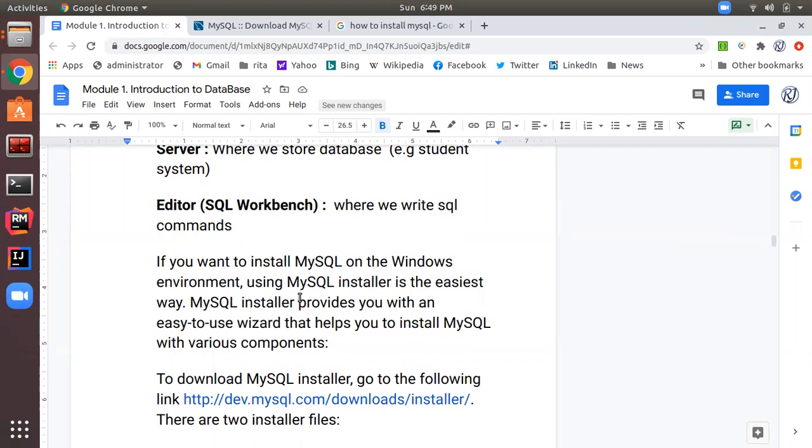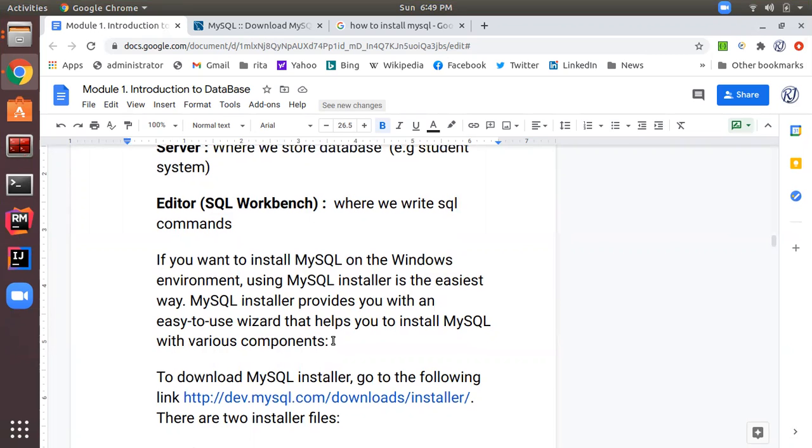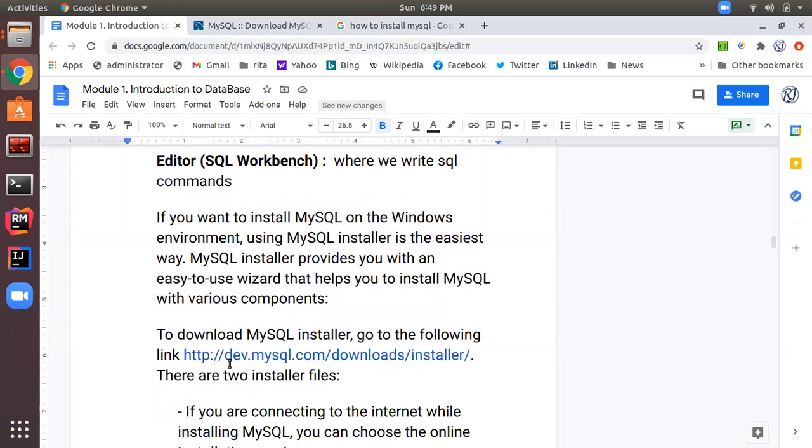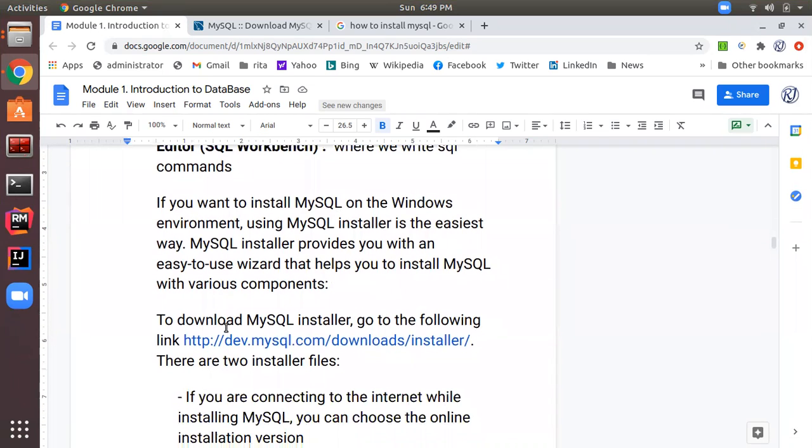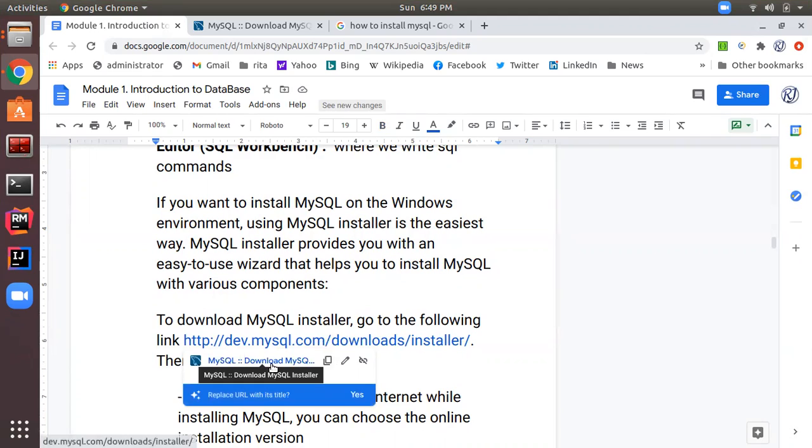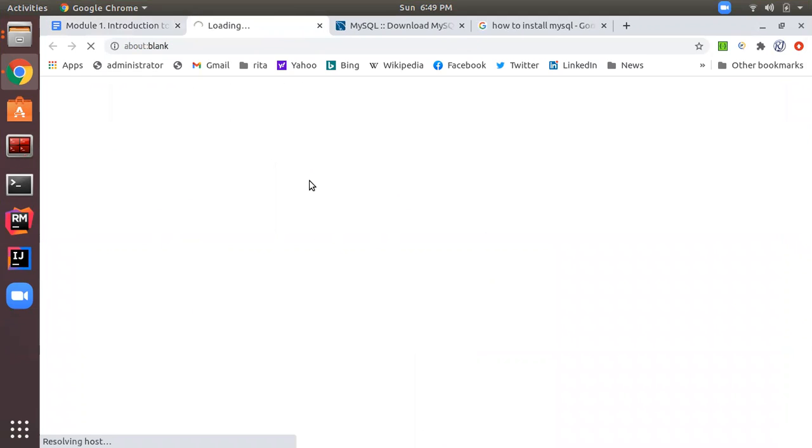The advantage of using the MySQL installer is that it shows a step by step wizard, which helps us proceed in the installation process. So I prefer this wizard process. For that, the first step is to download the MySQL installer by navigating to this link, dev.mysql.com/downloads/installer. When you click on this,